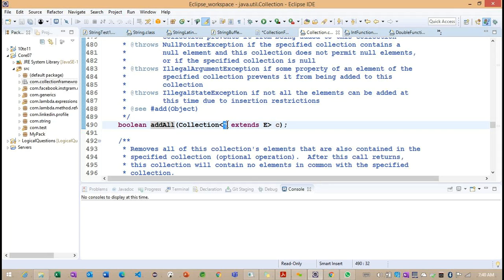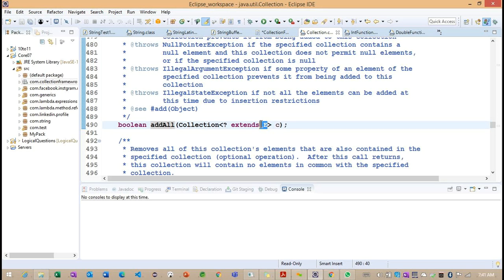Here we are providing the wildcard parameter, because now see the condition. Whatever object we are trying to pass here, it should extend this particular E. So E is nothing but the element.